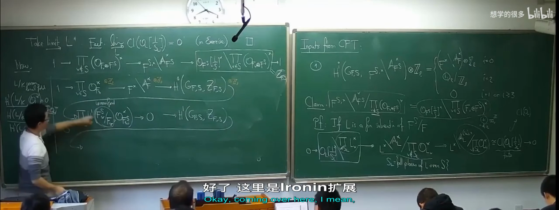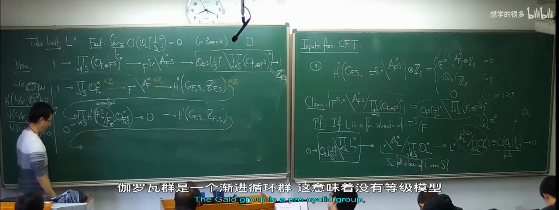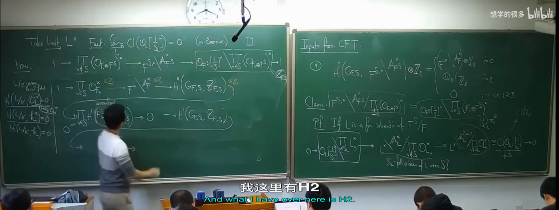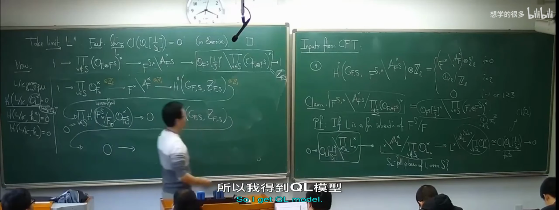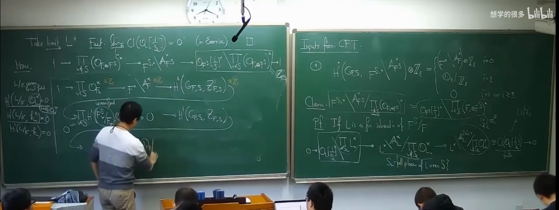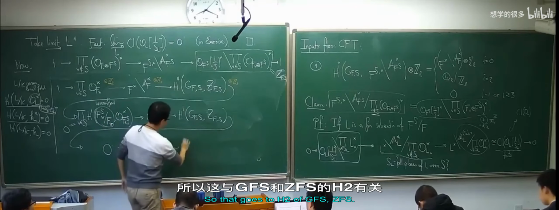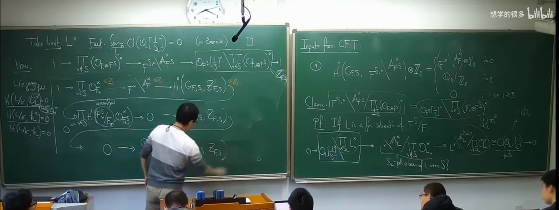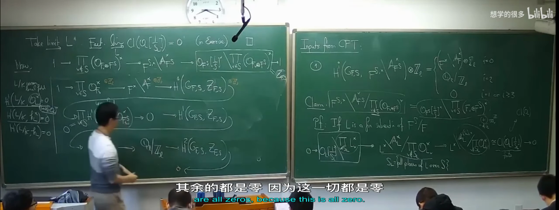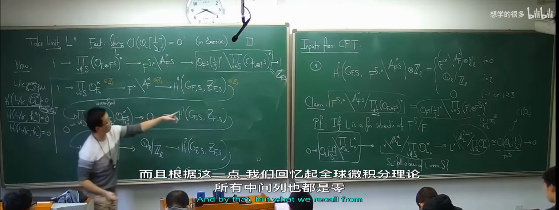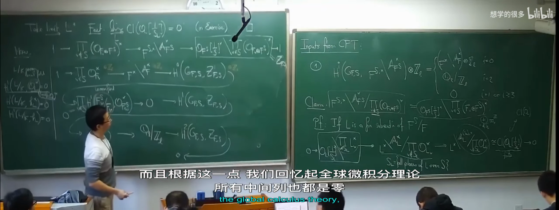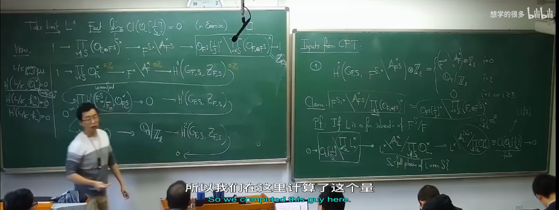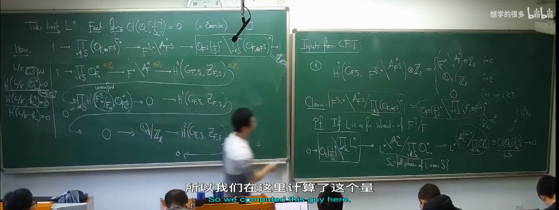Okay, coming over here, this is the unramified extension. The Galois group is a procyclic group, so there's no higher cohomology. This is 0. And what I have over here is H2. So I get Q_L mod Z_L. So that goes to H2 of G_FS, Z_FS. And the rest are all zeros, because this is all 0. And by what we recall from global class field theory, all the middle column are also 0. So these are all 0. So we computed this guy here,